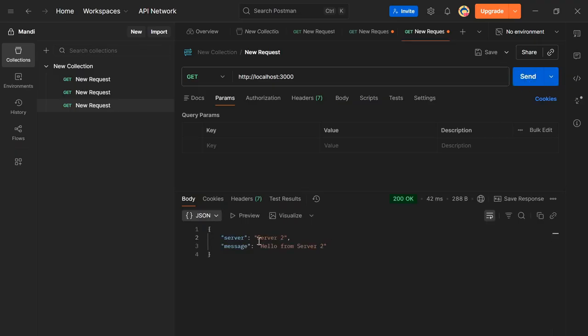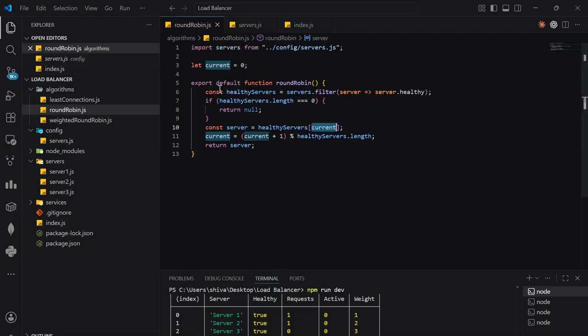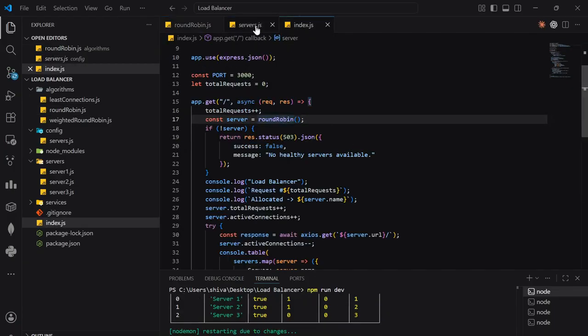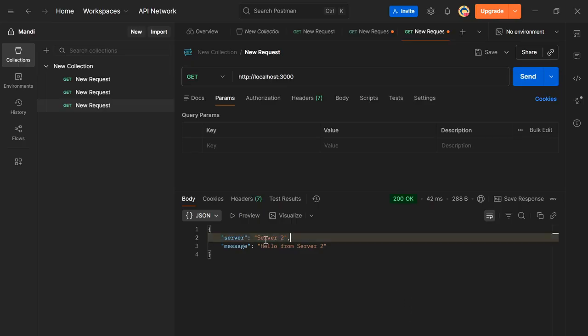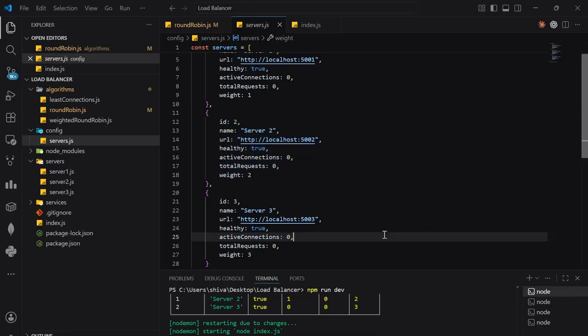Now our second request got allocated to server 2, as we can see right here. Why so? Because the next time when we hit it, the current value got updated and the next current value was 1. So the next server in line was server 2, and the request got served by server 2. Now if we hit it again,